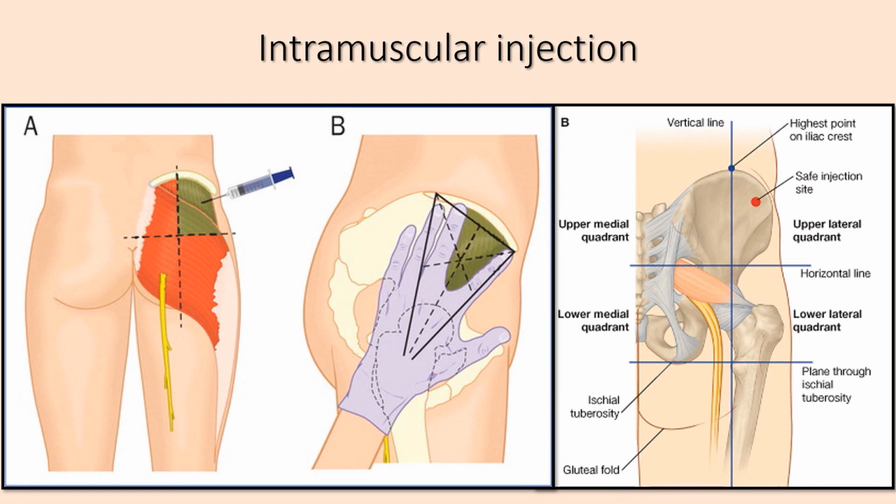This picture shows the site for intramuscular injection in gluteal region. It's usually upper and outer quadrant when we divide the gluteal region into 4 quadrants to avoid injuries to important nerves, that is sciatic nerve and vessels which are above and below the piriformis. So remember, it is upper and outer quadrant, so which can be traced like this: anterior superior iliac spine with the index finger, and just behind it, this is the area.